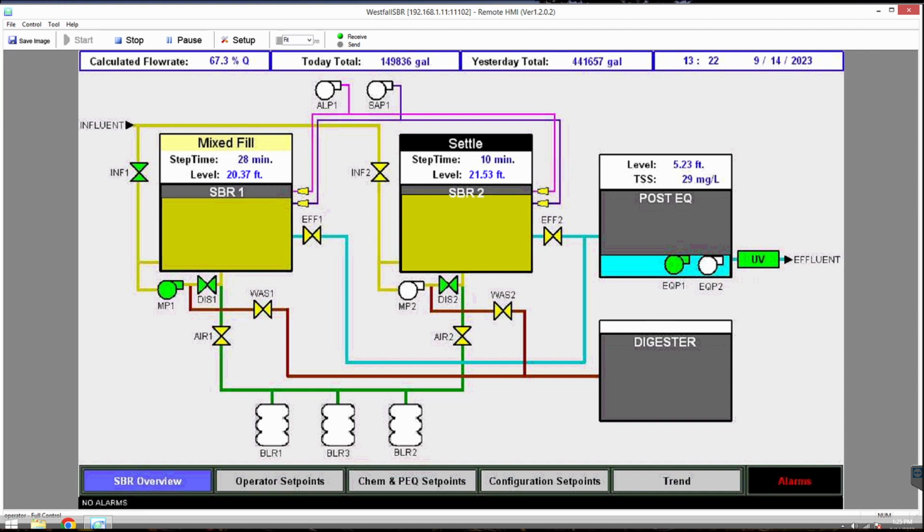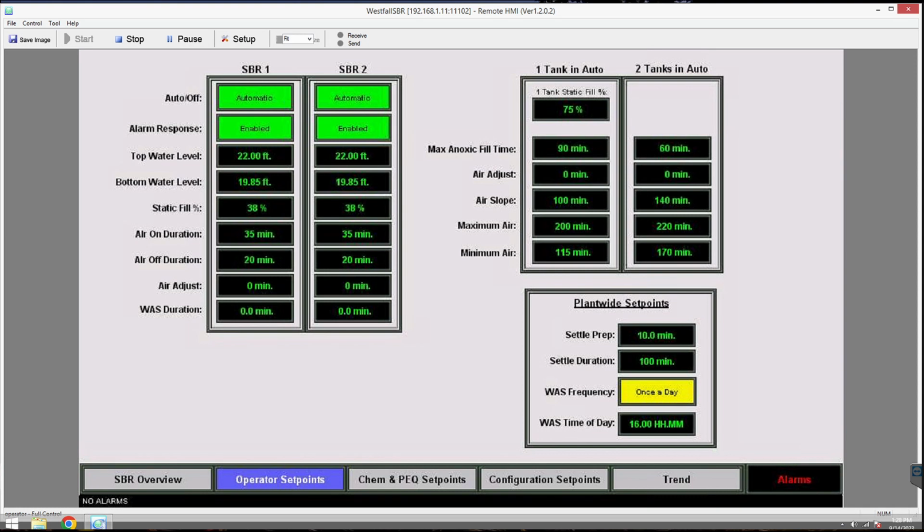So a couple of things about this software. It is designed to not have to have any sort of influent equalization ahead of it, simply because it's designed to have one tank in fill at any given time. And one of the problems we run into, though, is if there is influent equalization, and if there are influent equalization pumps that are periodically run to feed the SBR, that can actually make it run worse if some of the settings are not set correctly. And the reason being is because